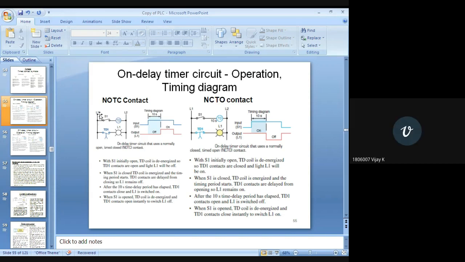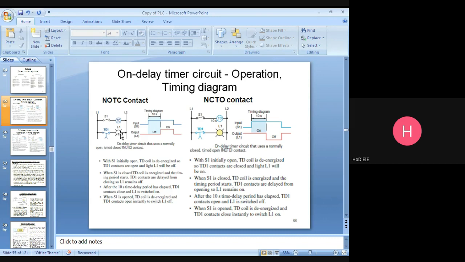If you close the switch, this coil will be energized. This contact will be closed. Immediately the bulb will glow. This is normal operation. Would you agree or not?